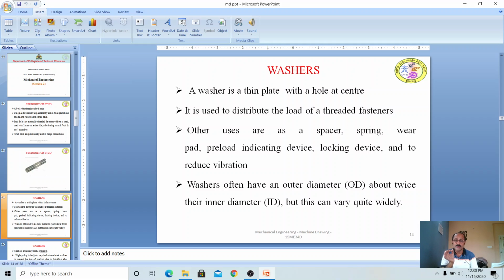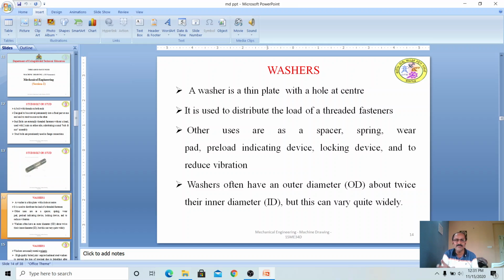One is, because of the presence of the washer, it gives perfect seating for the nut. That means the washer is used because of the component and the bolt, it gives a perfect seating arrangement. And the second one is to distribute the tightening force uniformly to the parts under the joint. That means it will distribute this force uniformly, and also prevents the nut from damaging, because normally